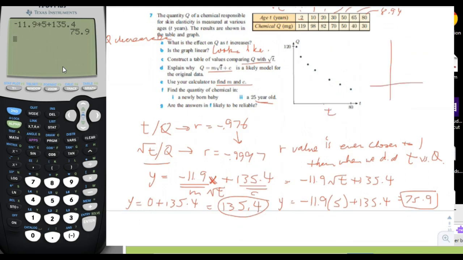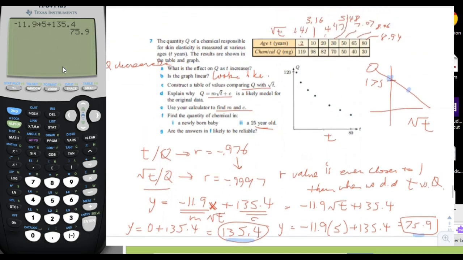We're going to have a different graph where it's square root of t and q, and it's going to be a straight line, and this is going to be 135. So we have one data point we estimated right there, and then we also have this one, which is 5, 75.9. You can see that 25 is in the middle of our data, right? 0 would be here. So the question is,